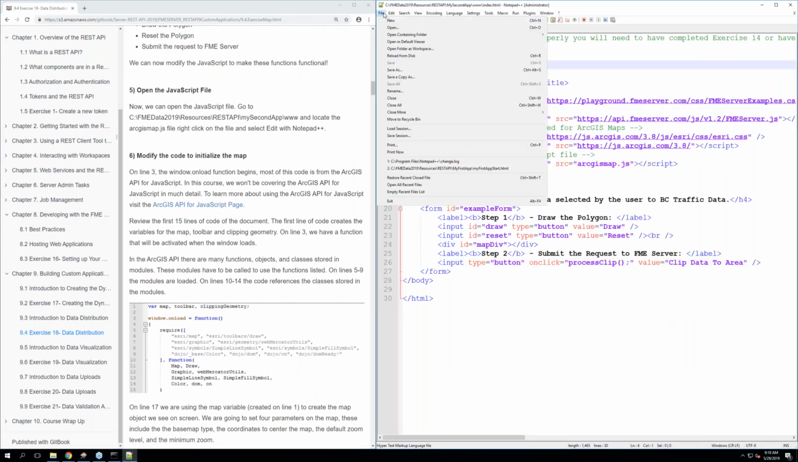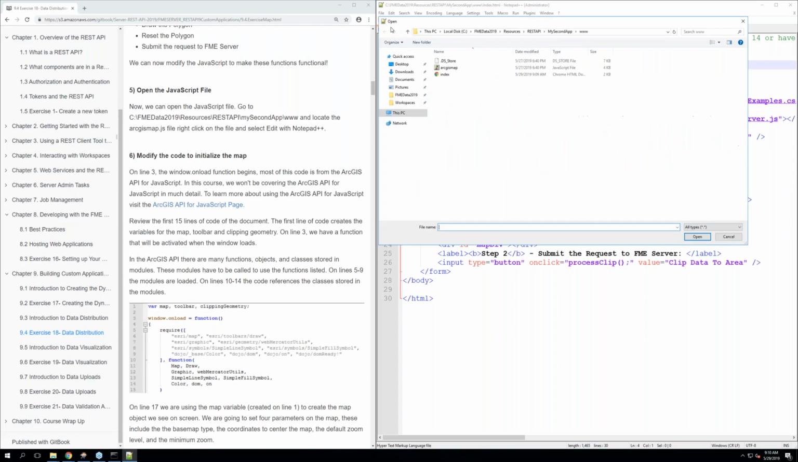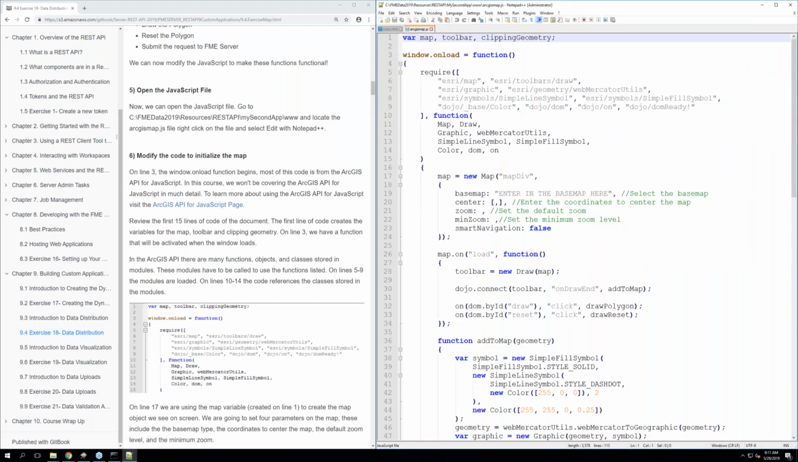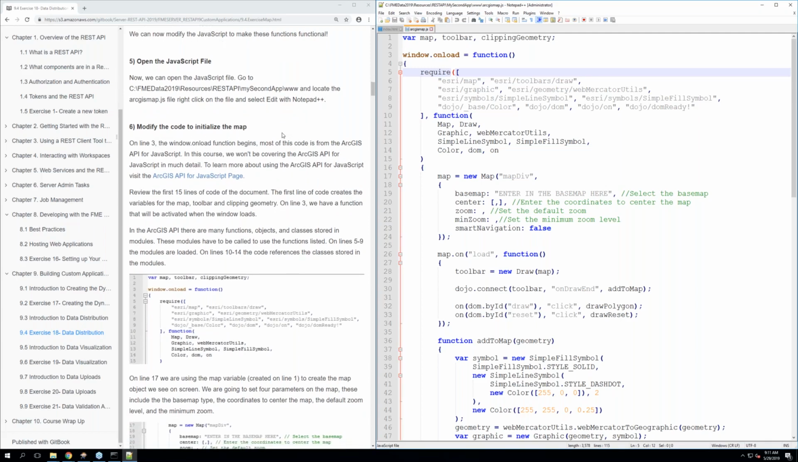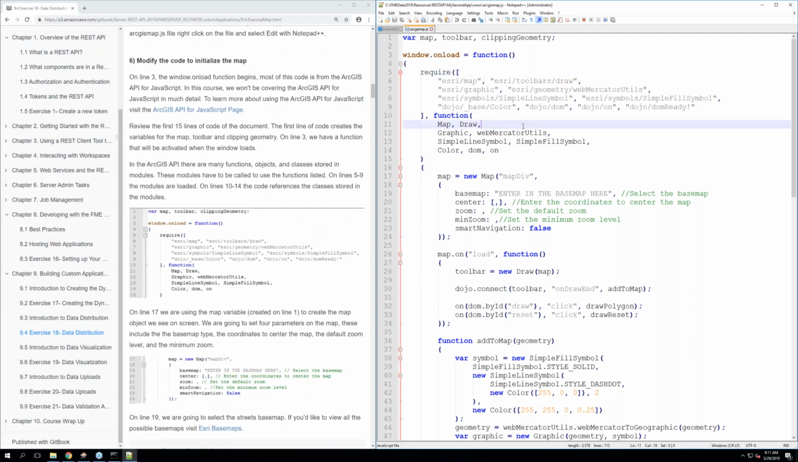So I'm just going to open the JavaScript directly from here. So go to File and then Open. It should navigate me to where I just was. But I want to go to arcgis-map.javascript. So I'm going to double click on this. So once you're at the arcgis-map.javascript,